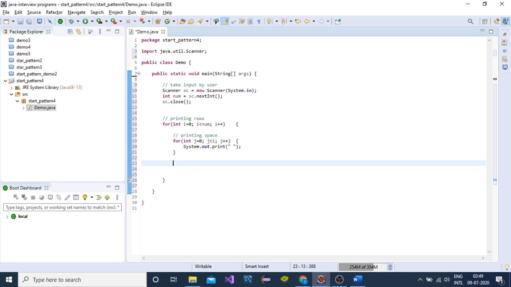and take one more loop. This loop will be responsible for printing a star.